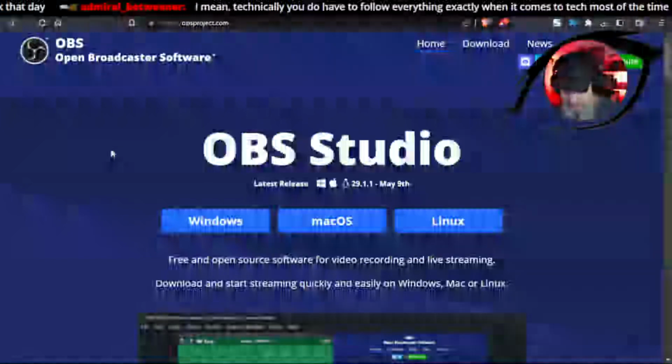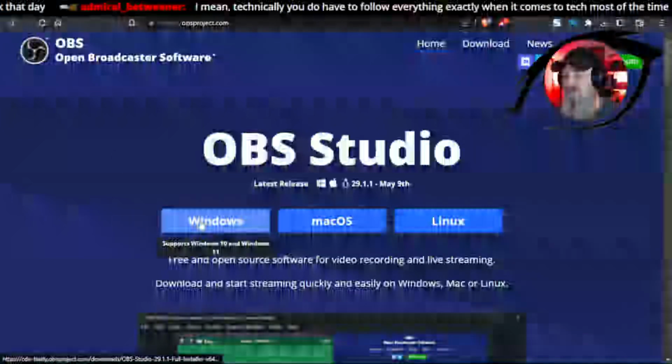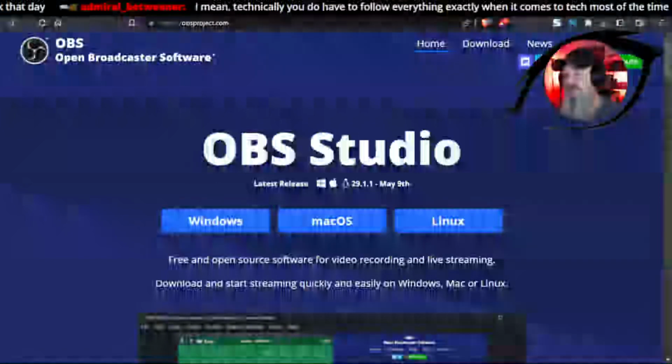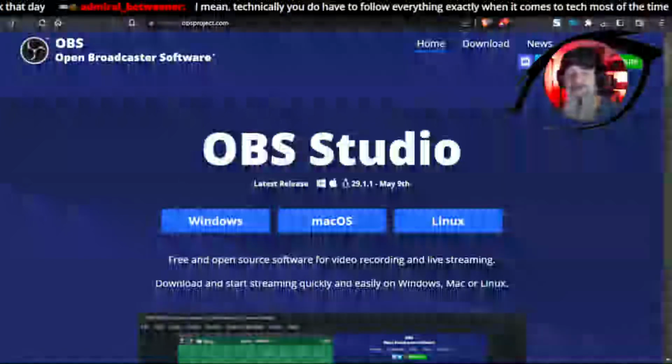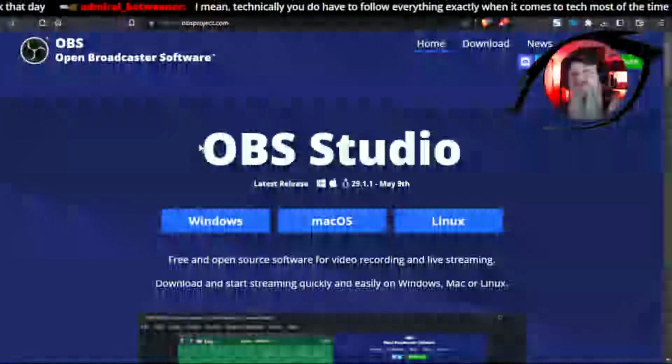You do well, yeah, unless you know what you're doing, and then you can break it and fix it in your own way, right? But we're going to go Windows. It does support both Windows 10 and 11, the latest version. They still have Windows 10 compatibility. The latest version just came out earlier this month, version